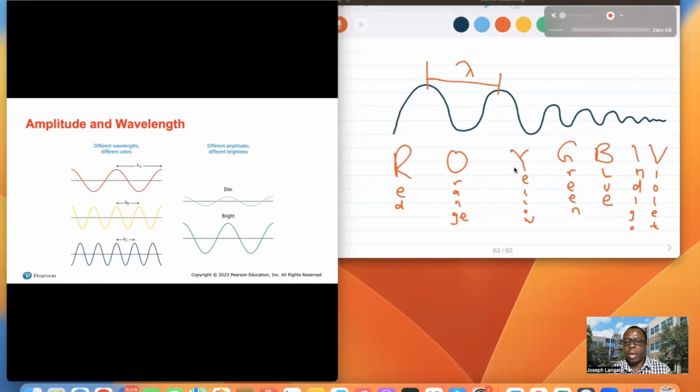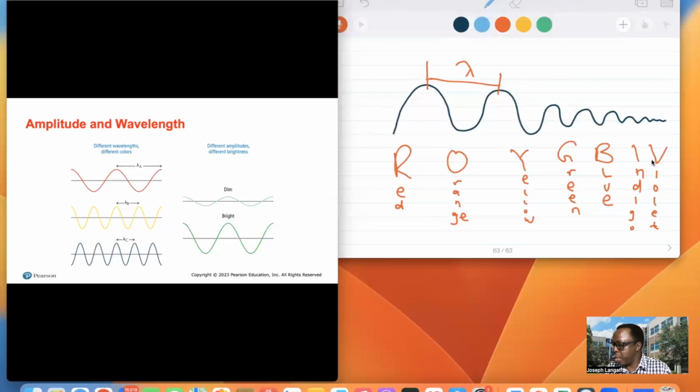How do I know? ROYGBIV, some people call that, but I say Richard of York grows bananas in vain. Maybe the bananas were not doing well. This helps me in arranging the colors of the rainbow, you may call it, or the visible region of the electromagnetic spectrum, according to increase in wavelength. So here is longer wavelength, all right, longer wavelength,